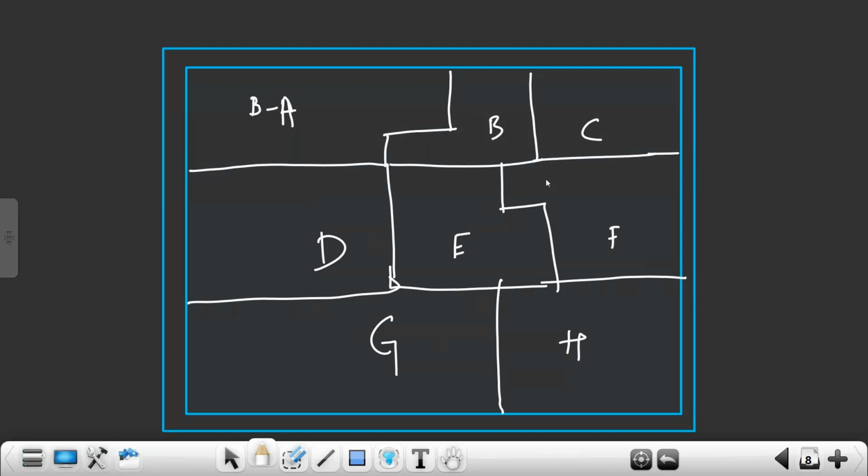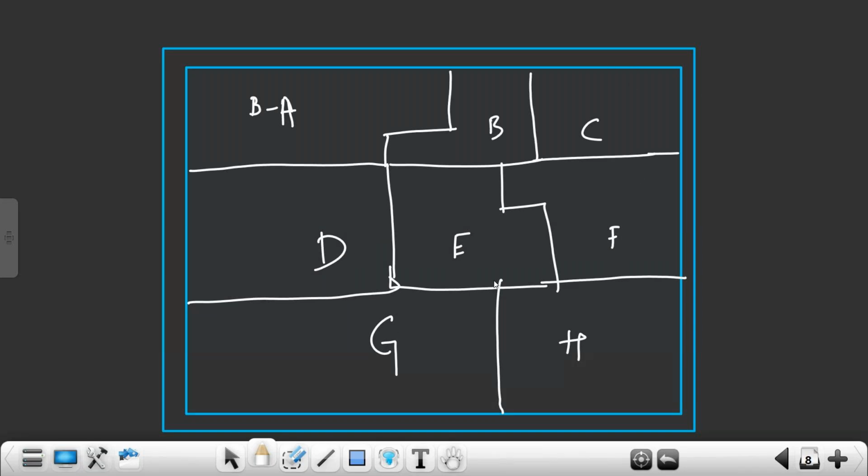Sometimes a block can be divided into subsystems. So integration of blocks is called a subsystem sometimes, if the block is very big. Integration of subsystems is called as what? Chip. If the chip is small, integration of blocks is called as what? Chip. So till 5 to 6 years, we will be working on physical design of blocks. After 6 to 7 years of experience, you may work on full chip, integrating these blocks and doing full chip level